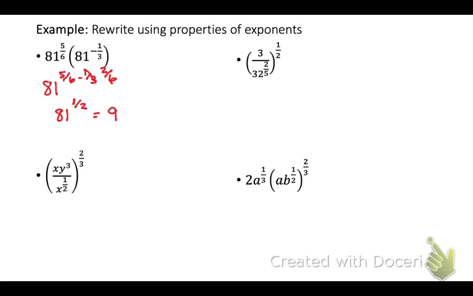So the next one, how about we go across? Okay, so we have 3 divided by 32 to the 2/5, all to the 1/2. This is what confuses me. Okay, we'll step through it. Don't look at the whole problem. You just look at pieces. And don't let the fractions intimidate you. You know what to do, so you just have to do it. So first of all, that 1/2 distributes to both, correct? Okay, so when we have a power to a power, we multiply. The power on the 3 is a 1. So it's 1/2. So I have 3 to the 1/2